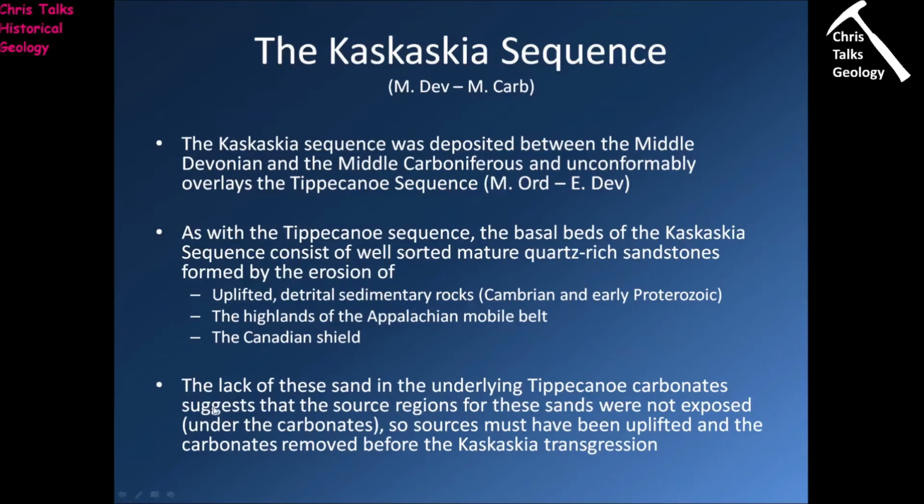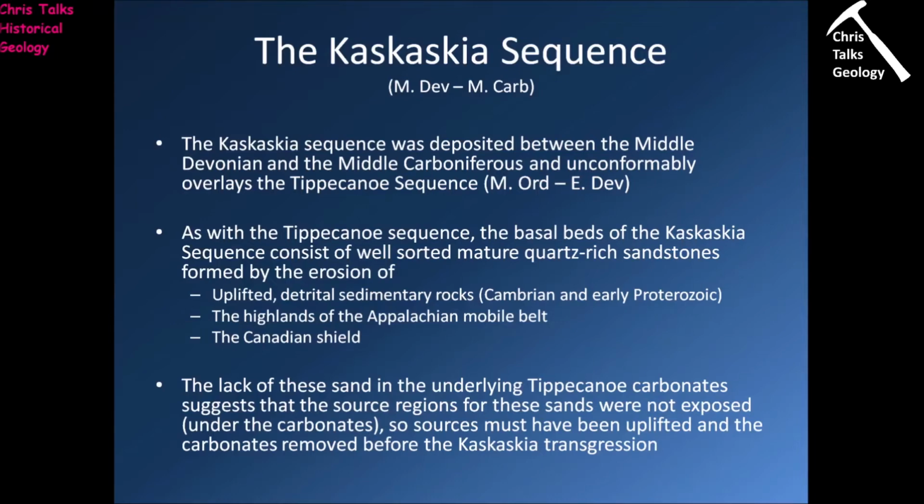So the lack of sandstones in some areas suggests that some regions were not eroded as much as others. So in areas which underwent quite high rates of erosion, obviously you managed to erode through the sedimentary rocks of the Tippecanoe sequence and maybe the Sauk sequence, and you end up down at the crystalline basement, and that helps to allow you to access all of this very quartz rich rock, which you can then erode to produce